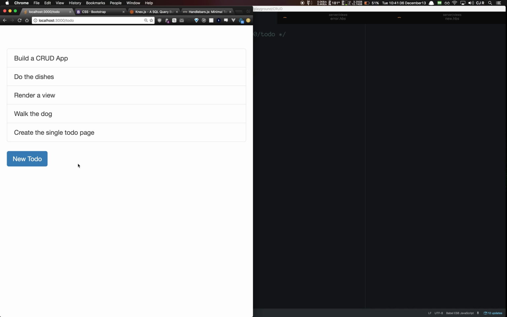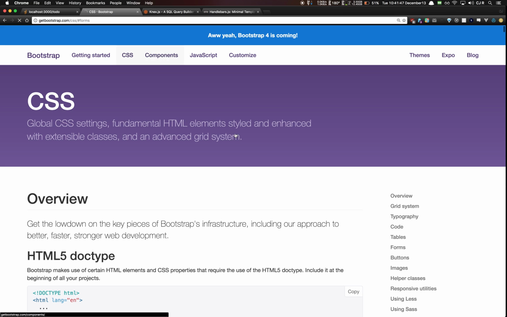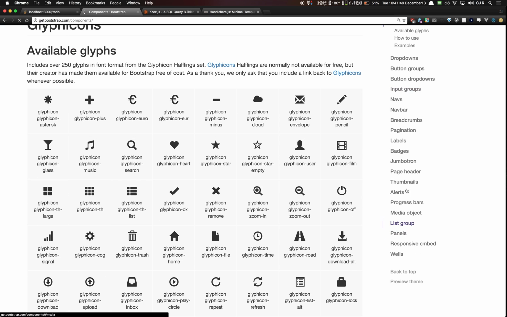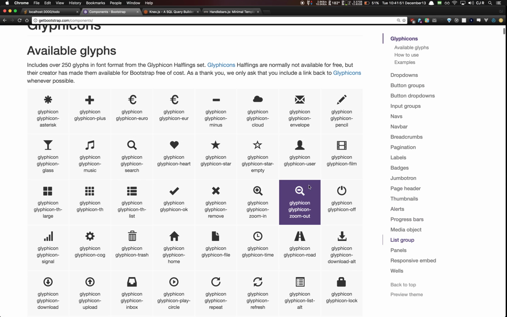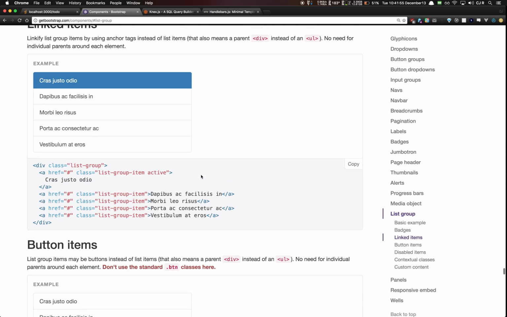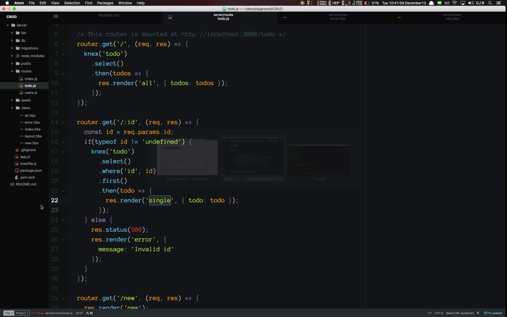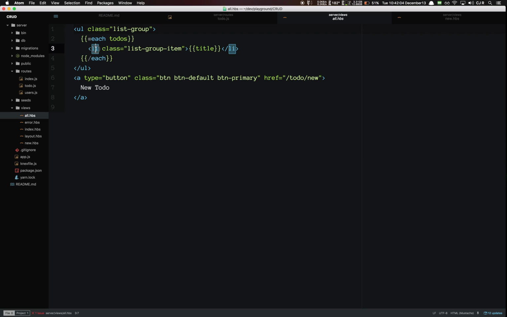So one thing we should do though, on this list page, is each of these to-dos should link over to its single view page. So let's check out Bootstrap components, list group. Here it comes. There it is. We actually want to do linked items. So how do we do that? Oh, we just make it an anchor tag. Beautiful. Okay, so on my all page, let's change this from an li to an anchor tag